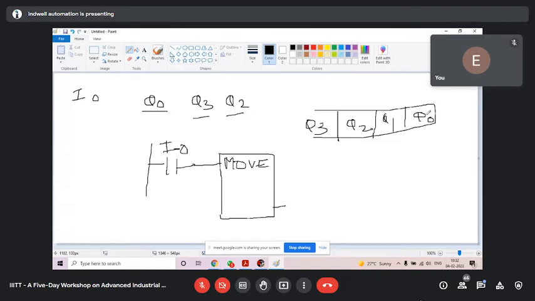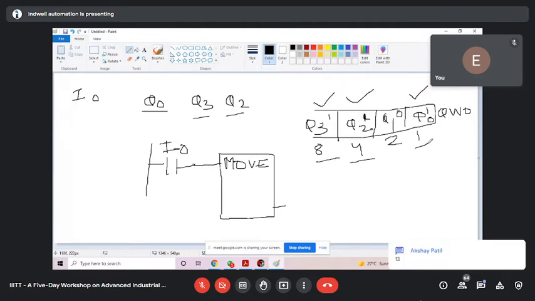And this location is percentage QW0. Now you see 1, 2, 4, 8. Tell me, when you get Q3, Q2, and Q0 on, your binary will be 1, 1, 1, 0, 1. What is the decimal of 1, 1, 0, 1? So it would be 8 plus 4 plus 1, 13. So I shall move 13 to percentage